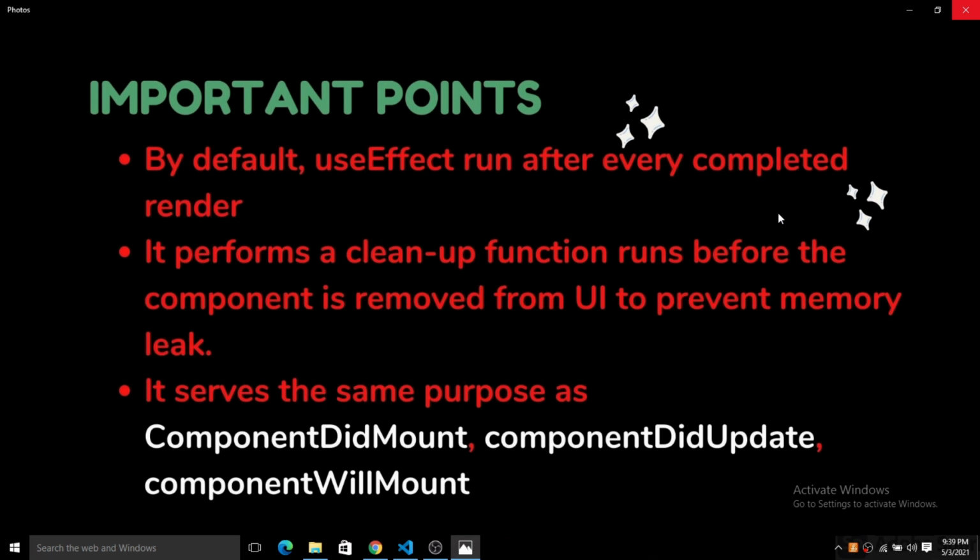Another very important point is that it performs cleanup functions which run before the component is removed from the UI to prevent memory leaks. This is a very important concept that you want to learn about useEffect, and this is the reason why you use useEffect instead of class components.